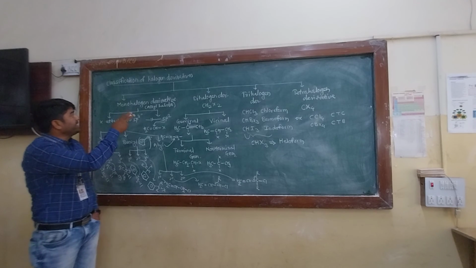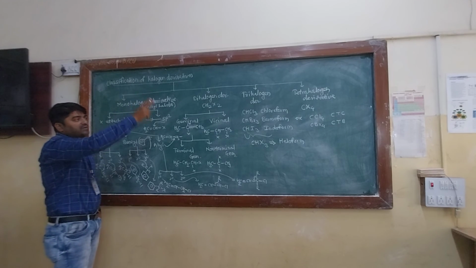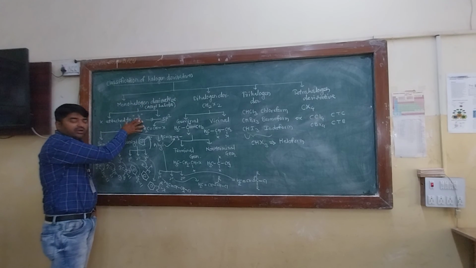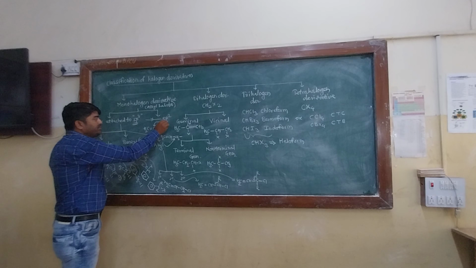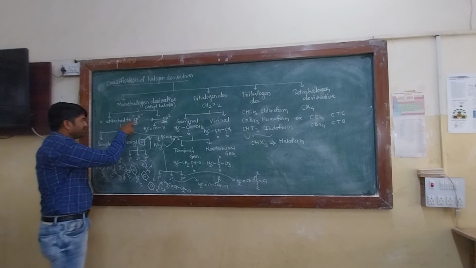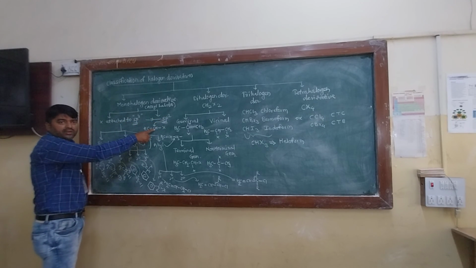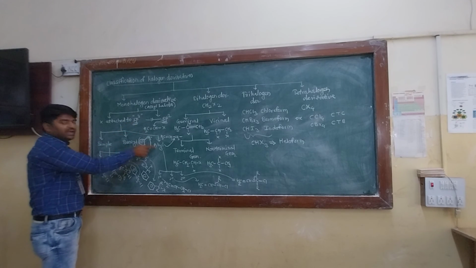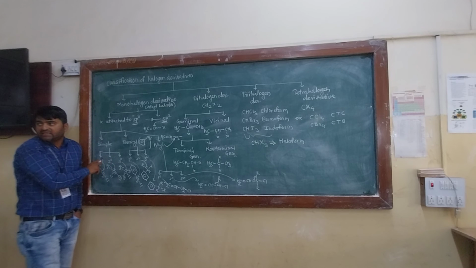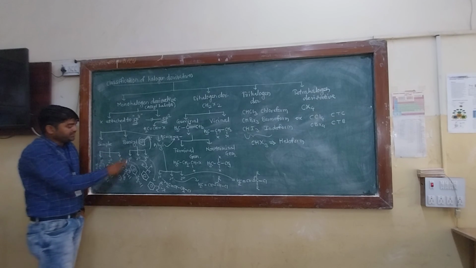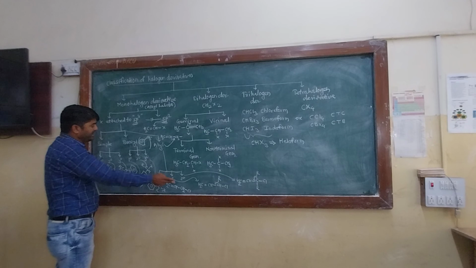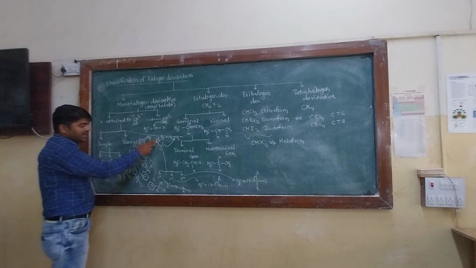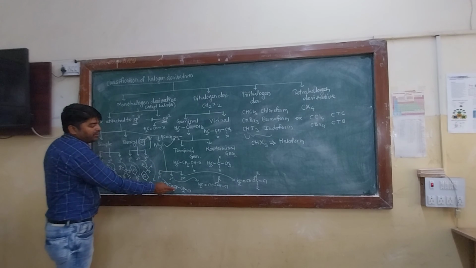So this is the broad classification of halogen derivatives. The first category is monohalogen, dihalogen, trihalogen and tetrahalogen derivatives. Monohalogens are further classified on the basis of the nature of the carbon atom, sp3 and sp2. If it is attached to sp2, then you have vinyl halides. If it is sp3, then it is simple, benzyl and allyl. Further, these are classified as primary, secondary and tertiary. Benzyl means the carbon atom next to the aromatic ring. Allyl means the carbon atom next to a carbon double bond carbon.